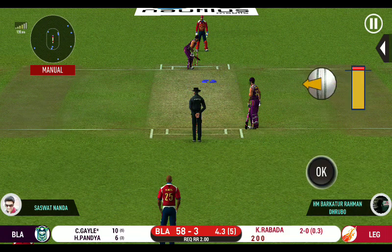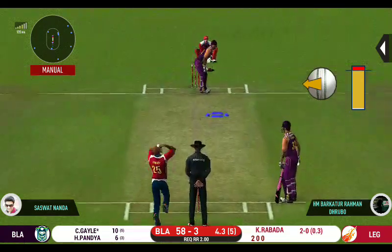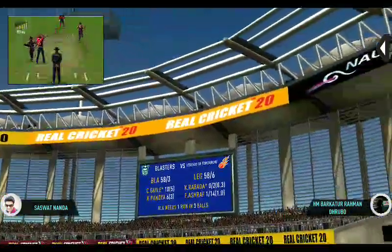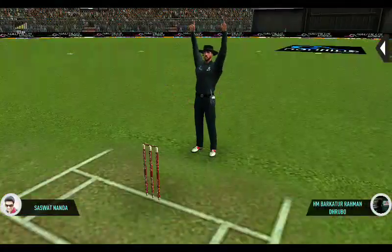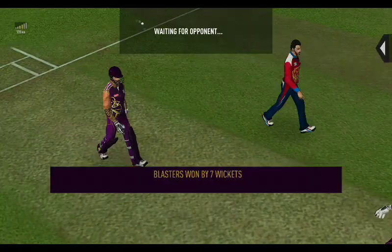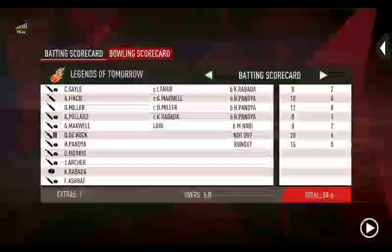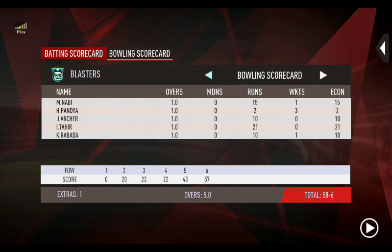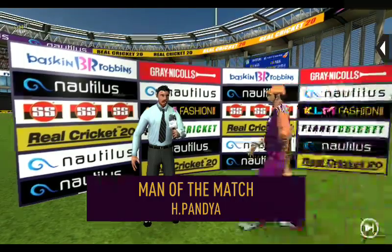Would have been frustrating having missed out on the last one. Oh, he picked up that nicely. Beautifully picked up all the way. The winning runs are scored and the batsmen congratulate each other after having won the game for their side. Let's congratulate our man of the